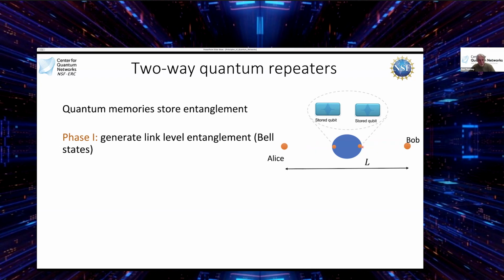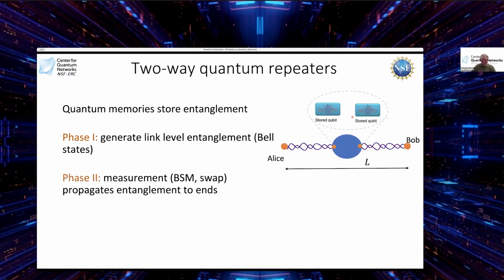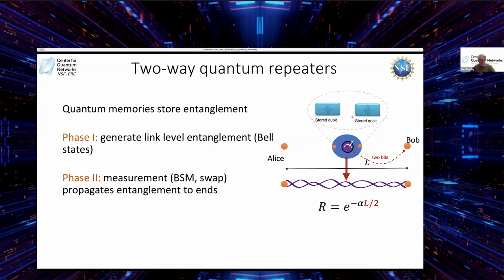And so they just attempt, and if it fails, they attempt again. If it succeeds, let's say between Bob and the repeater, then the repeater and Bob have to notify each other that it worked. That's called heralding. Alice has to continue and try again, and maybe she succeeds the next time, and she and the repeater have to herald. We've stored qubits in the memory, and now we go into a second phase